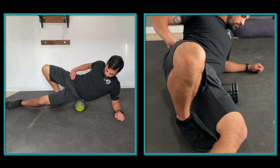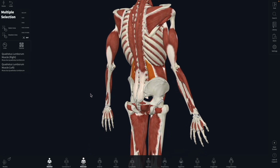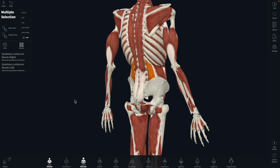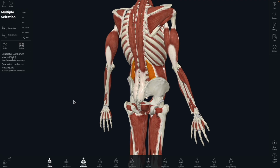For this muscle, you can either hold static pressure or you can do micro movements by moving back and forth and side to side. Now, next up is going to be the quadratus lumborum, also known as the QL. And again, this muscle can get short and tight, not only thanks to the psoas and the diaphragm getting tight because they are fascially connected,